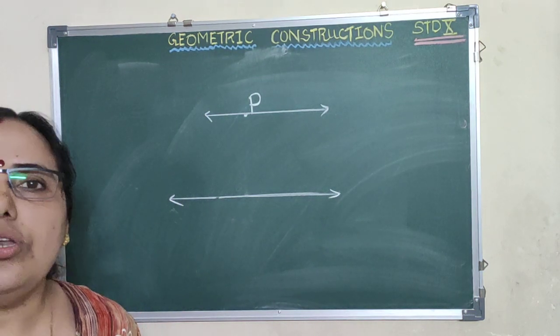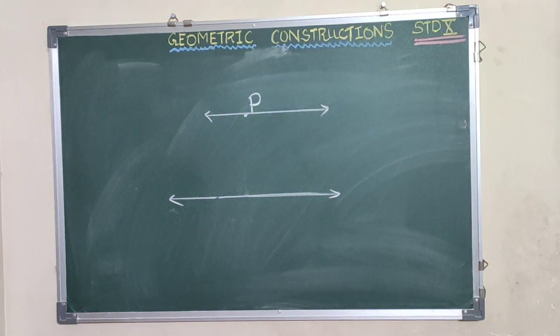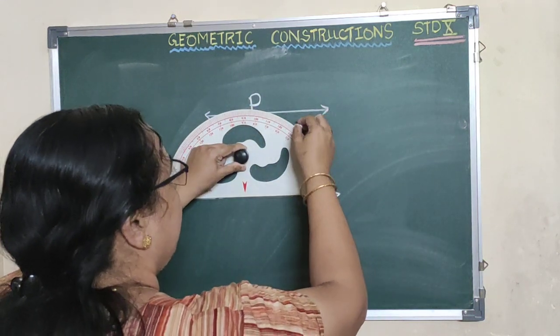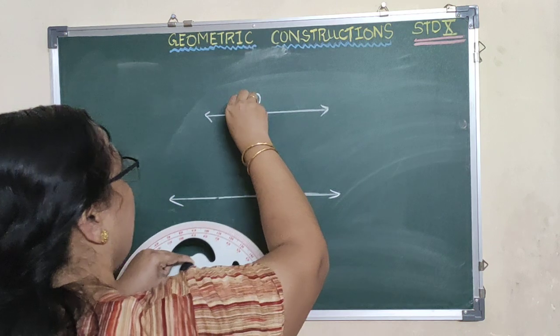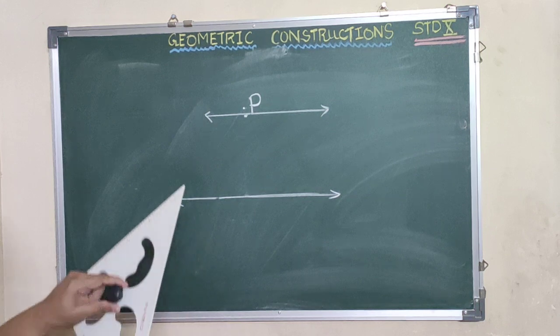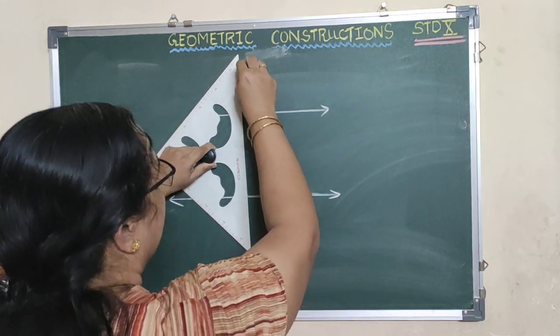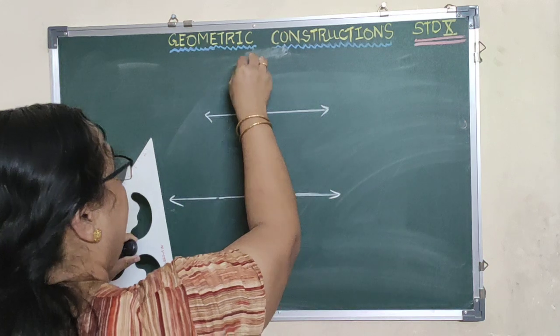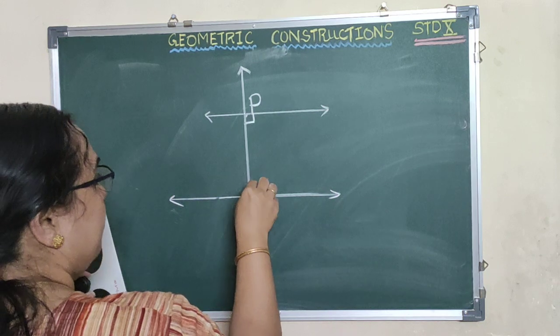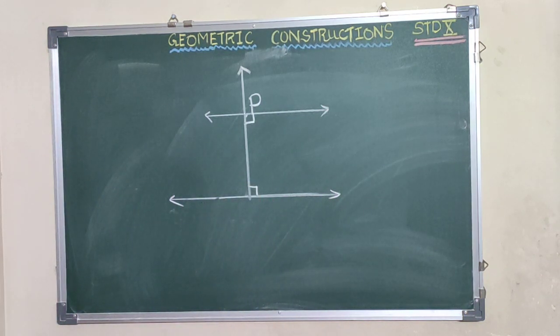The same thing you can use compass and do. You can use a protractor and do. How will you use a protractor? You will just place it here on this line. You will mark any angle or you can just take 90 degree for that reason and you will join this and at that point again you will draw perpendicular. So this is perpendicular, this is perpendicular, so therefore the drawn line is parallel to the given line. You have many ways of doing.